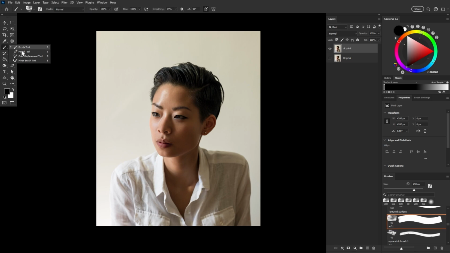First, we gotta set up the mixer brush found bundled here with the brush tool. Here are the settings. We're going to change that flow as we go. Now we want to make sure we have some kind of artistic brush active, something oil paint-like. And all we have to do is use this brush on our subject.